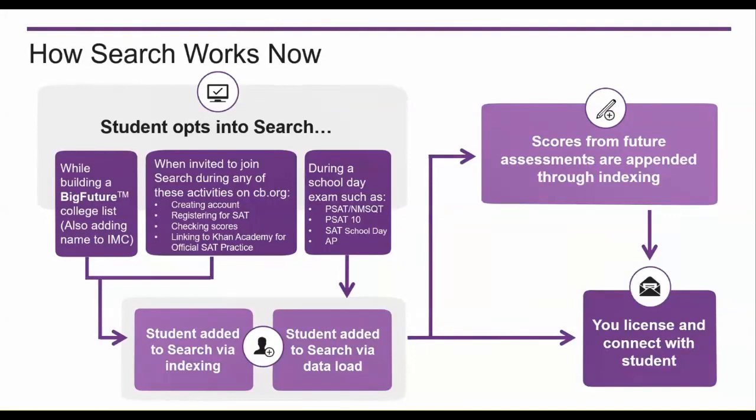When a student has already been added to search and they take an assessment, those scores will be appended to their existing search record on the data load for that assessment. Keep in mind that many students opting in online do actually have College Board assessments associated with their record. So for example, if you set your calendar by the PSAT data load in the past and you ordered one time a year in January, you'd never find the PSAT test taker who opted in online after the data load.